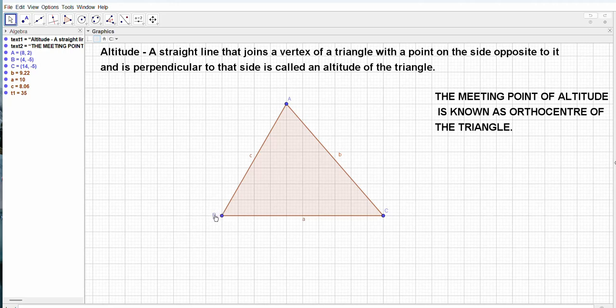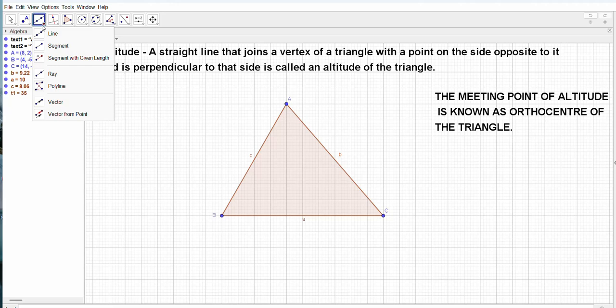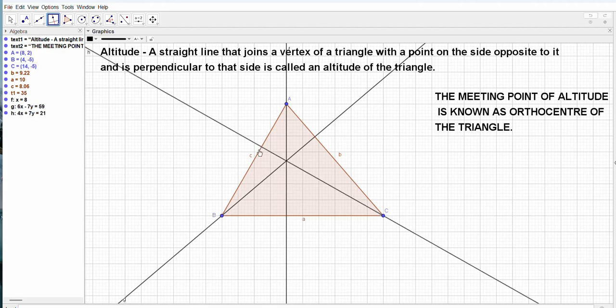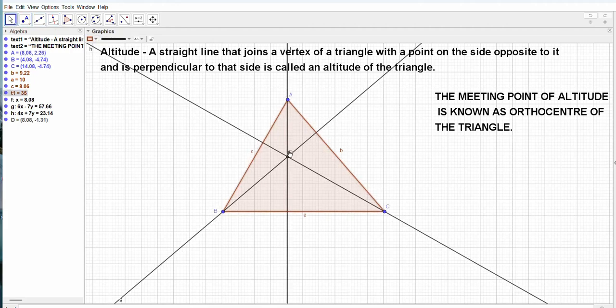So I have to draw a perpendicular from vertex A to the opposite side BC. So let's draw a perpendicular here from A to the opposite side BC. This is my perpendicular. Same way from B to the opposite side AC, and from vertex C to the opposite side AB. And here again you can see all the three altitudes are meeting here at point D, and this